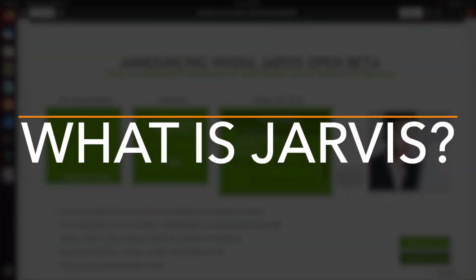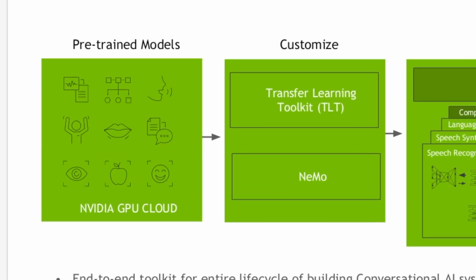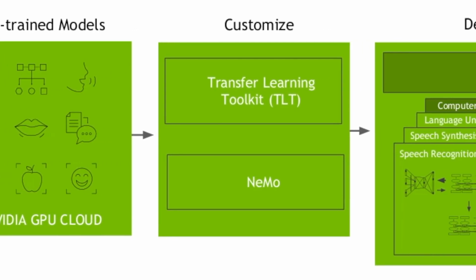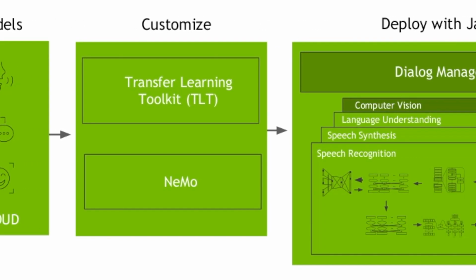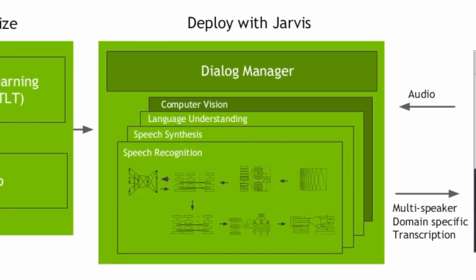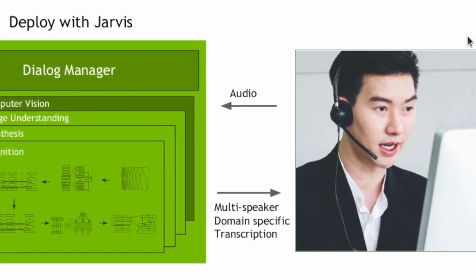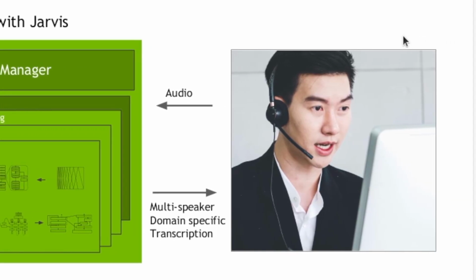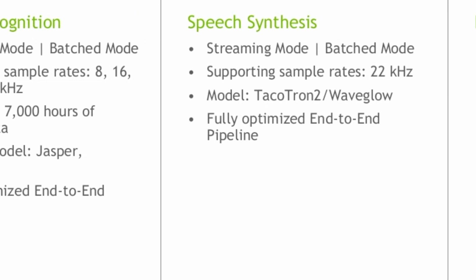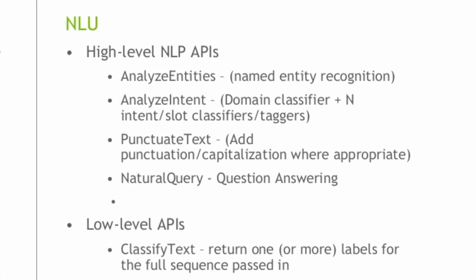So what is Jarvis? It's an application framework for building multimodal conversational AI services that use an end-to-end deep learning pipeline. This is the definition provided to us by NVIDIA. Now, the Jarvis framework consists of pre-trained conversational AI models and optimized end-to-end services for speech, vision, and natural language understanding tasks. Now, the Jarvis framework includes pre-trained conversational AI models such as those in speech recognition, speech synthesis, and